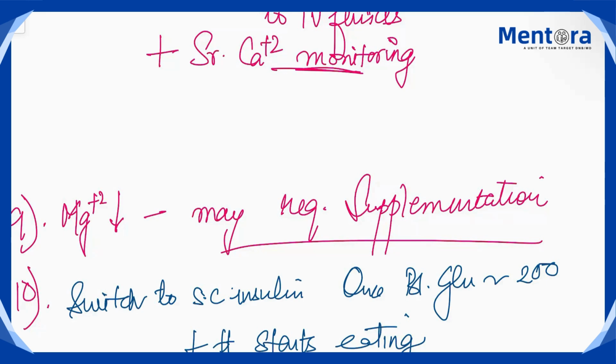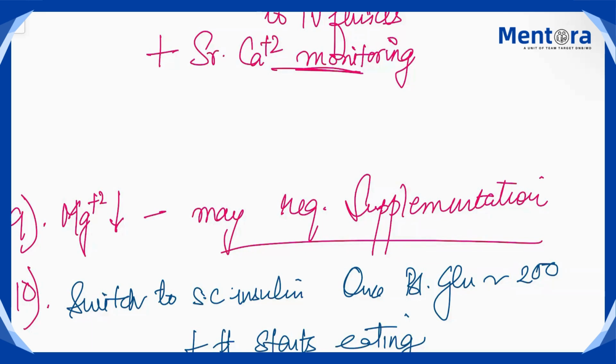Before starting the treatment, the important point is look at the serum potassium level. If it is less than 3.5, do not immediately start insulin in a hurry because the patient will precipitate into severe hypokalemia. So first go for potassium correction, first go for fluid correction. In fluids, you will start with 0.9% saline, initial bolus of 2 to 3 liters in the first 3 hours, then switch to 0.45% saline, then monitor the sugar level. As soon as your blood glucose reaches around 250, along with 0.45% saline, you will add 5% dextrose.